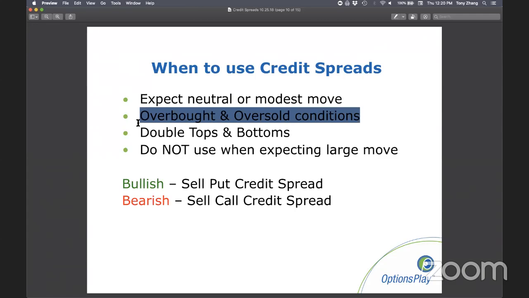Many of you use technical analysis for trading. I know many of you use technical analysis because we've done webinars and you guys have responded pretty heavily on that. And that's actually going to be the webinar we're doing next week. But understanding many of you use RSI, stochastics, MACD, these types of overbought and oversold indicators. These are prime indicators to use for credit spreads because they help you identify when momentum is reversing, and that allows you to enter into a credit spread. And we're going to go over a few examples of that today.